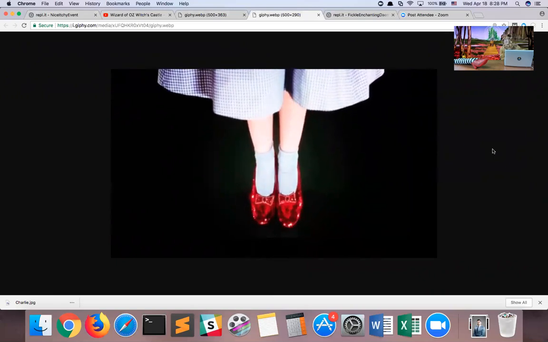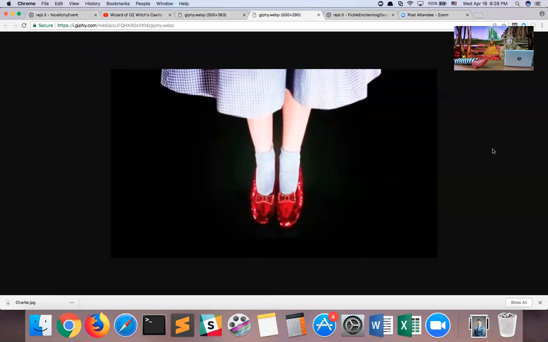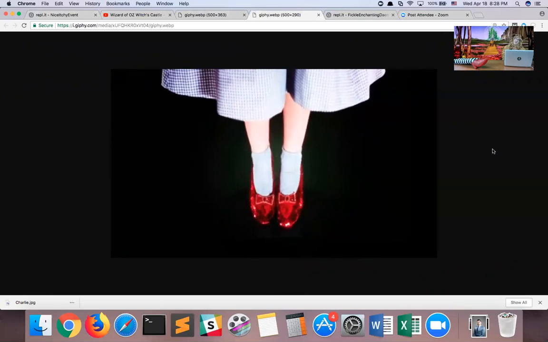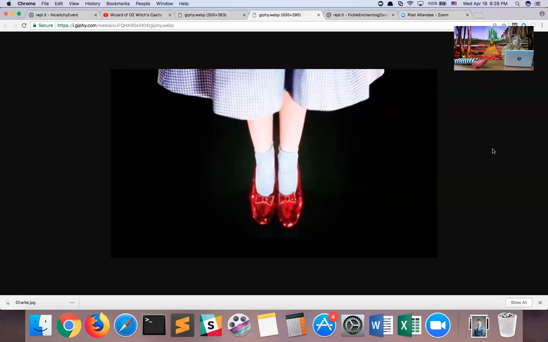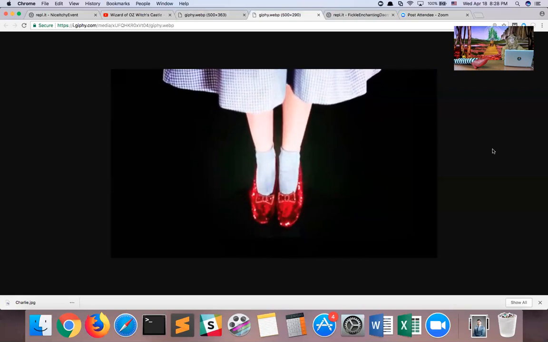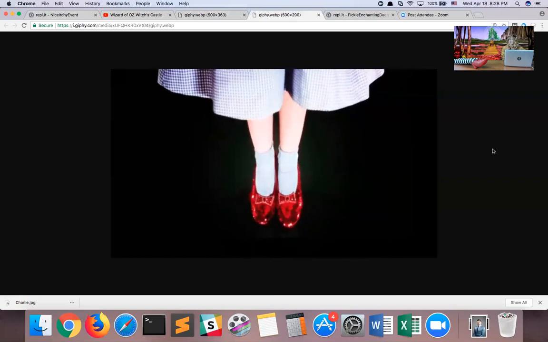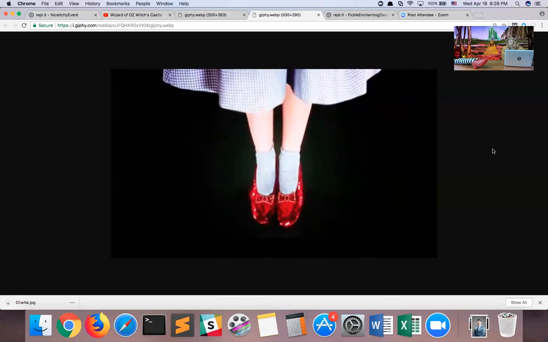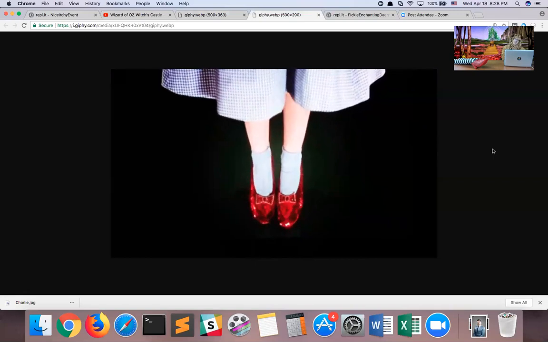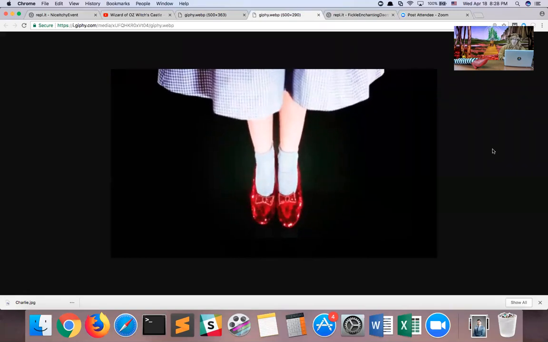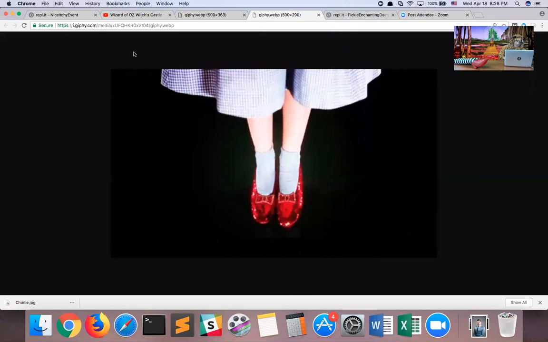She says there's no place like home 5 times until she gets back to Kansas. So the way to get back home is to tap our heels 3 times, but also say there's no place like home 5 times. Let's write a program that replicates that experience.